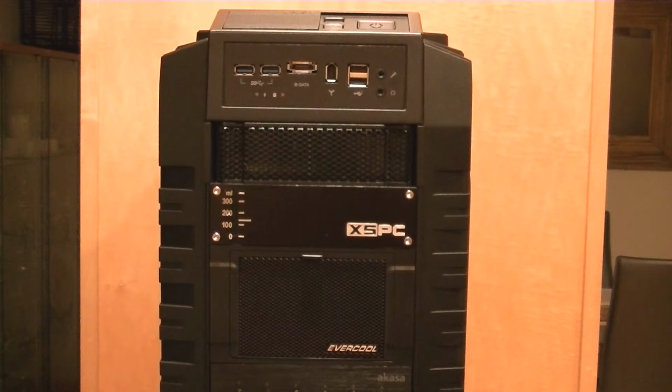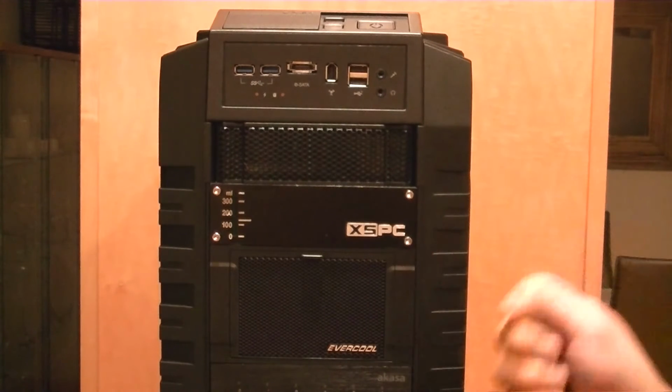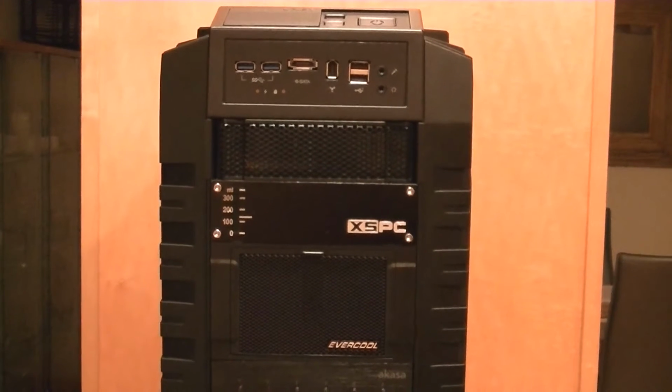How's it going, everyone? This is TJ Kuno giving you a personal rig update of the codename Beast. As you can see in the front, I'm still using my XSPC Bay reservoir, but the difference now is...